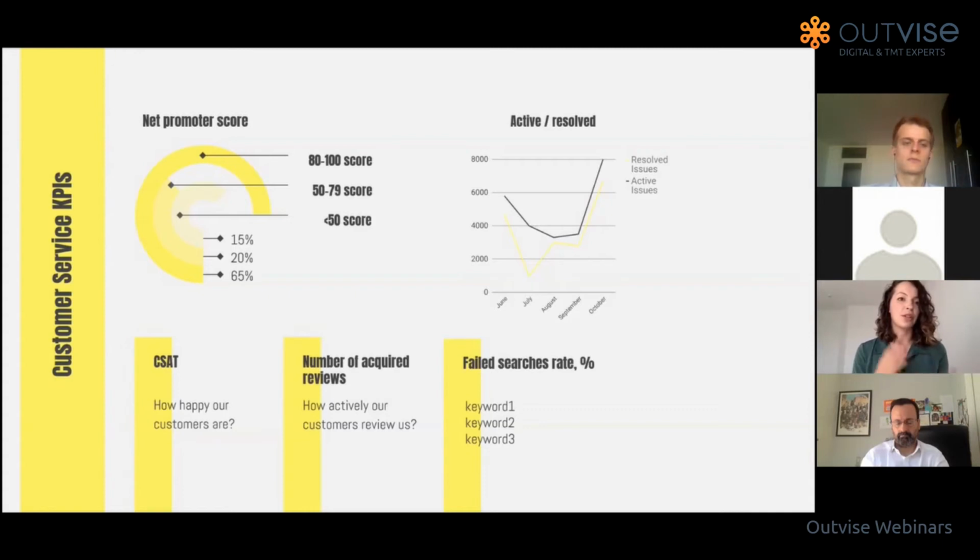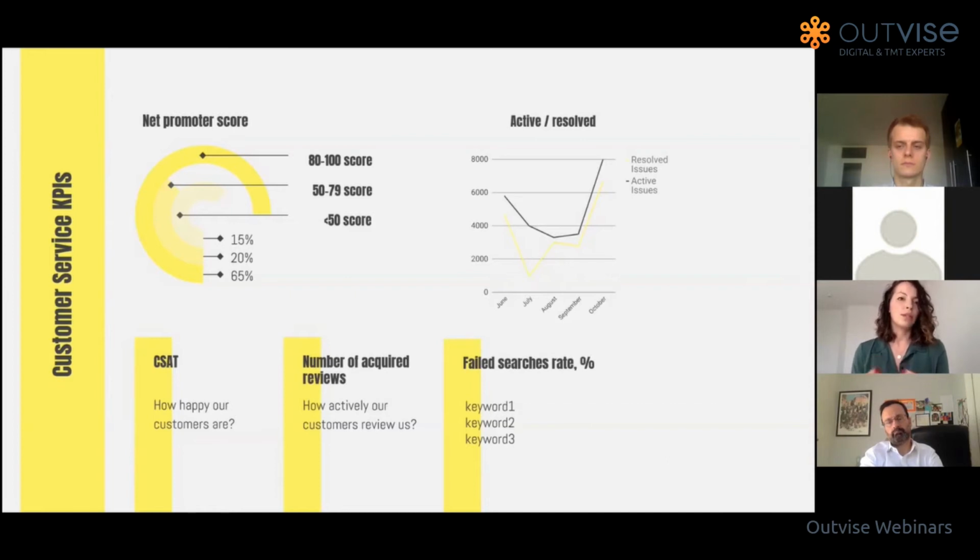So you also have to analyze why those searches fail. One of the possibilities is to analyze those keywords. What were they searching for and didn't find? Maybe you also need to put it on the website. Maybe they name it in another way, and that's why they're not finding it.